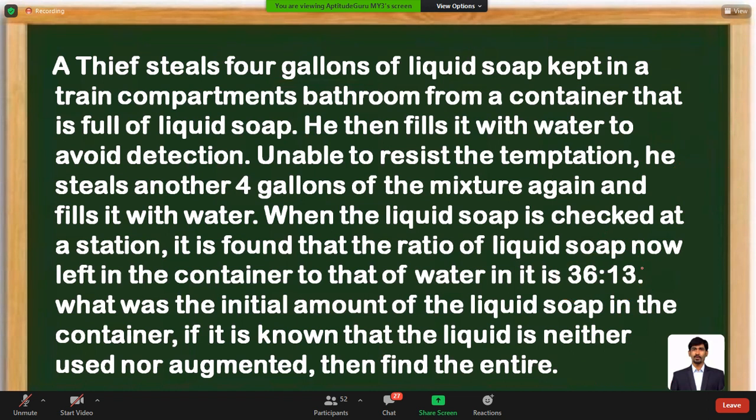I'm repeating. 36 is to 13, because all this story is trying to tell that he removed the soap 2 times and filled with water. Finally, if they checked liquid soap to the water, it is 36 is to 13. That means what is liquid value? 36 is to 13 means